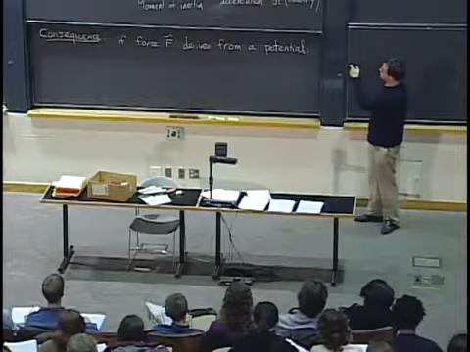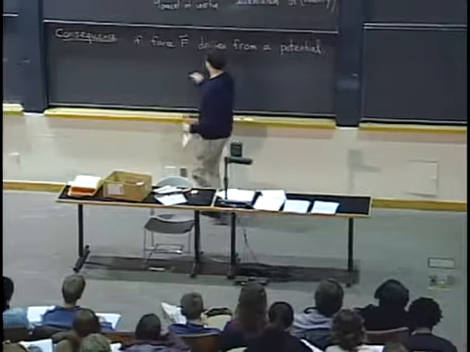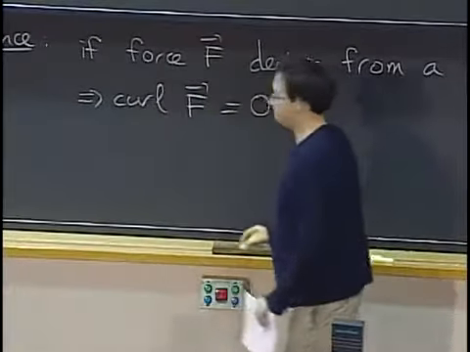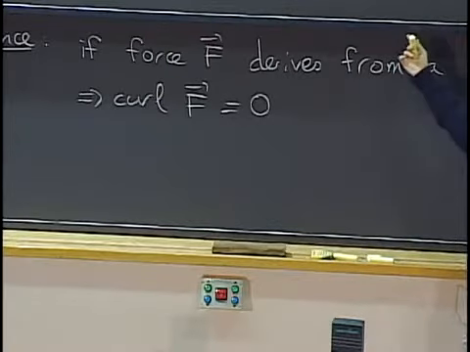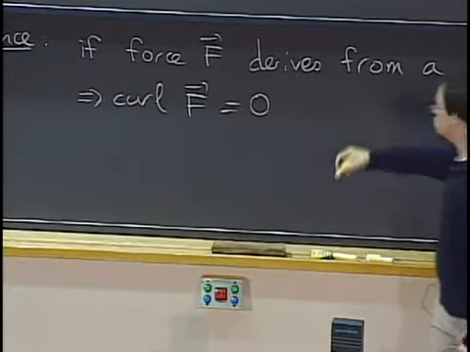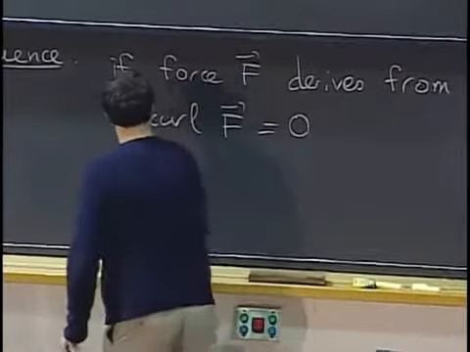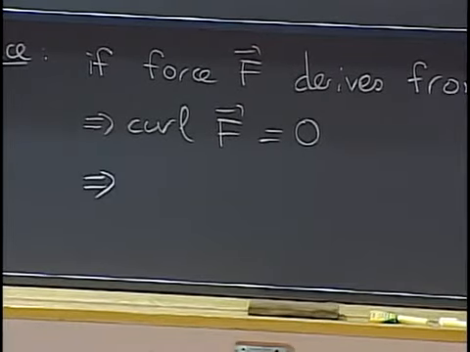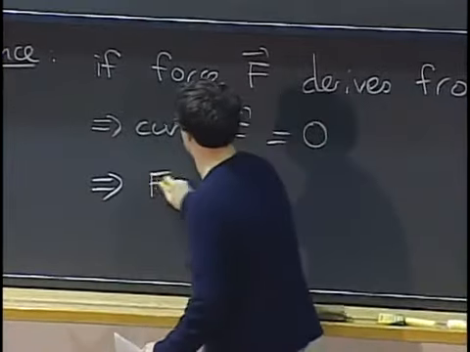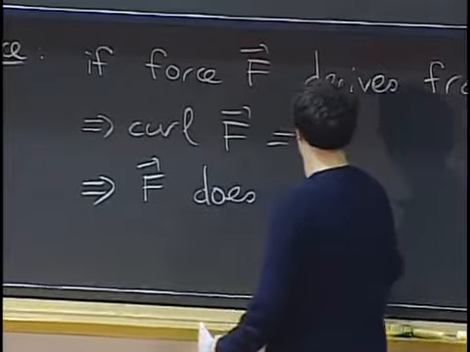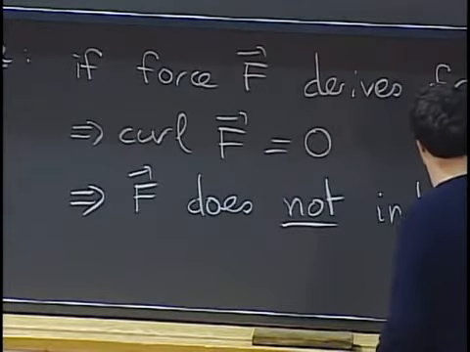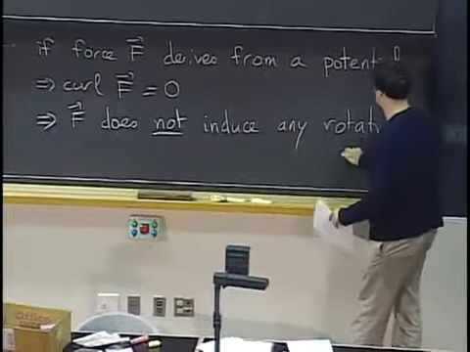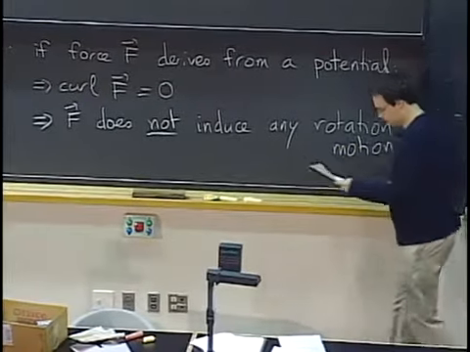Well, there's another thing that we know now, because if a force derives from a potential, then its curl is 0. That's the criterion we've seen for a vector field to derive from a potential. And if the curl is 0, then this force does not generate any rotation effects. So, for example,